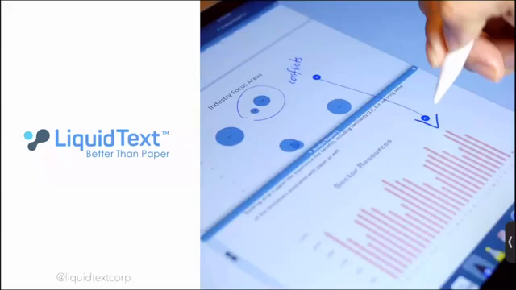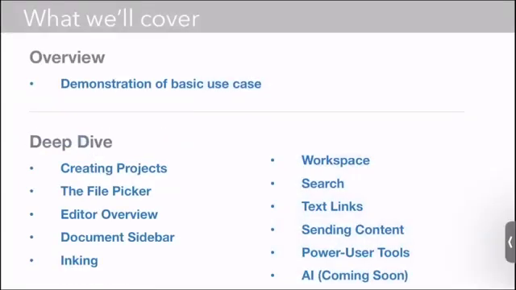What we want to do today is have a deep dive on LiquidText. What I'm going to do is spend the first couple of minutes demonstrating a basic use case. We're going to start with a simple use case, similar to what you have already probably seen with our little stem cell demo. And then we're going to do a deep dive talking about each of the major parts